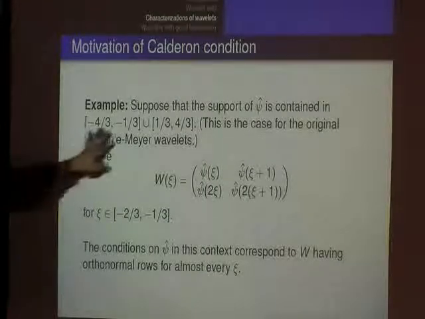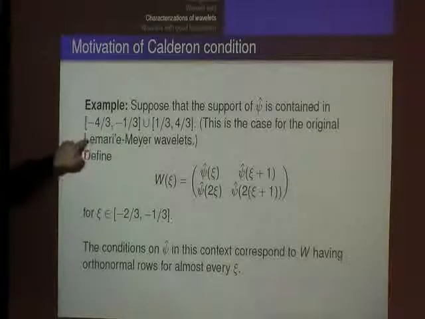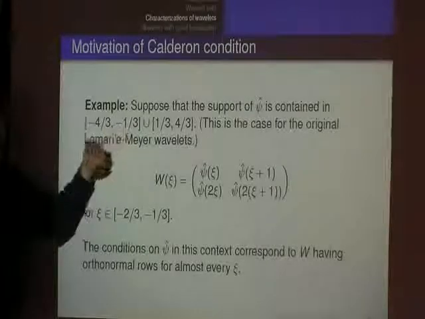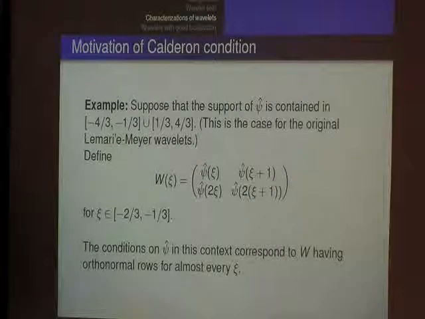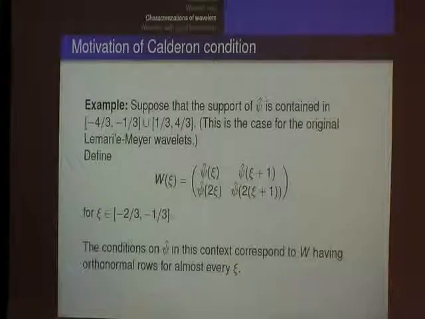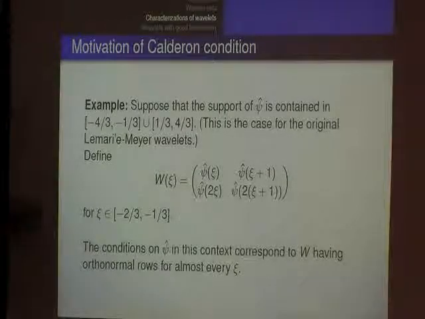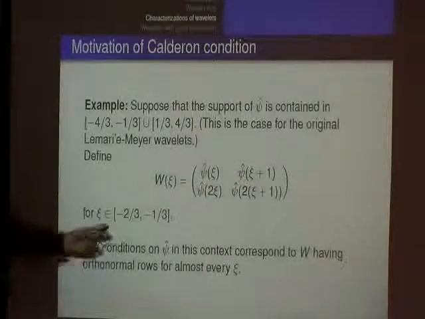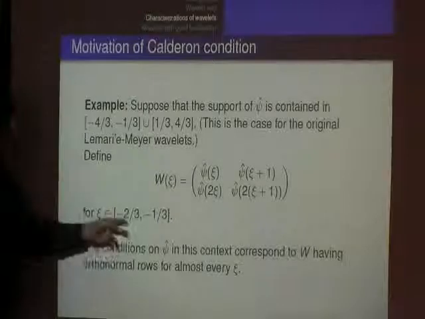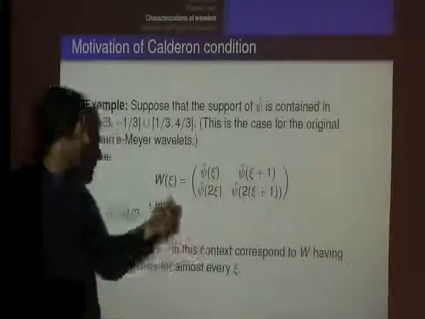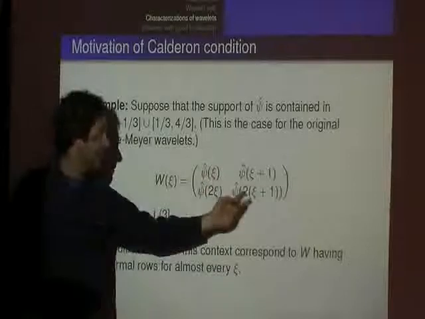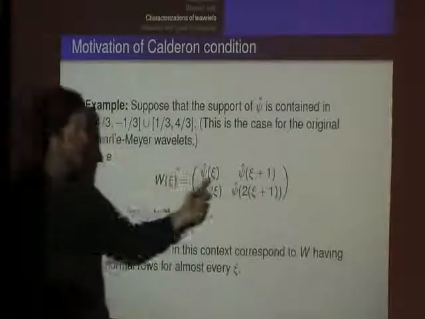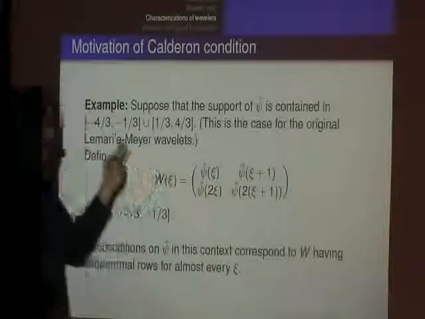We'll see. All right. So suppose that C hat has support contained in this union of intervals, for example. This is like the classical Riemann-Meyer wavelets, which have this support for the Fourier transform. Let's consider this matrix that's defined for all C in the interval -2/3 to -1/3. Notice that C plus 1 is 1/3 to 2/3. This covers 2/3 to 4/3. This covers -4/3 to -2/3. So this covers the whole support of